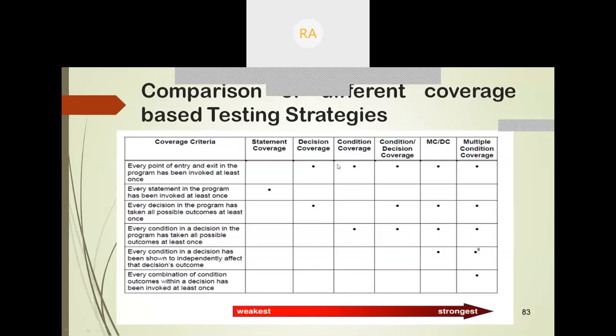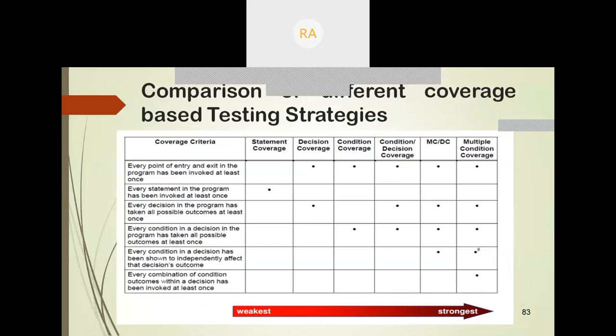It will check for the entry and exit point in the program, whether it has been called at least once or not, whether it has been traversed once or not, even with condition coverage, even with MCDC, but not with the statement coverage, because you are just focusing on the statements, not on the entry and exit point of a program. Okay. After that, every statement in the program, whether they are executed at least once or not, it is only with respect to statement coverage you can achieve this particular criteria.